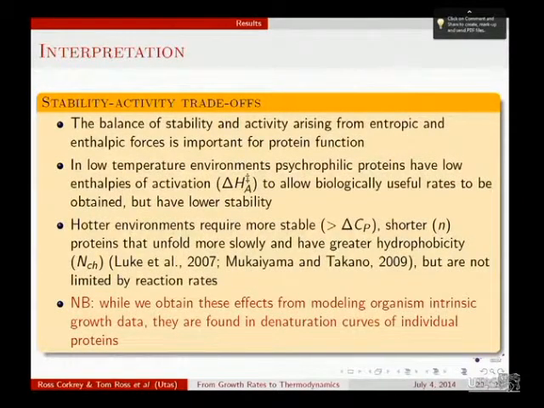So the interpretation of this is that if you've got a low temperature environment and a psychrophile in that environment, you don't want the delta H dagger to be too high. The molecules have got to jump over an energy barrier to react, so you don't want that barrier to be too high. But you can afford to have a lower delta CP. As the temperature increases, the cell wants to keep the reaction rates in balance, so it needs a higher delta H dagger to essentially dampen down these reactions. So it needs a higher delta H and a higher delta CP. The N also makes sense in terms of the size of the proteins. But I'll remind you, we